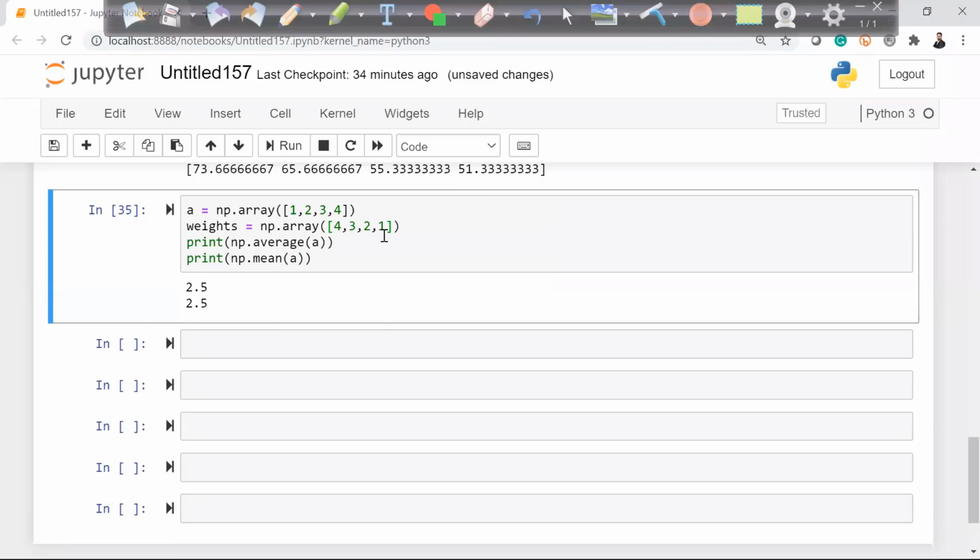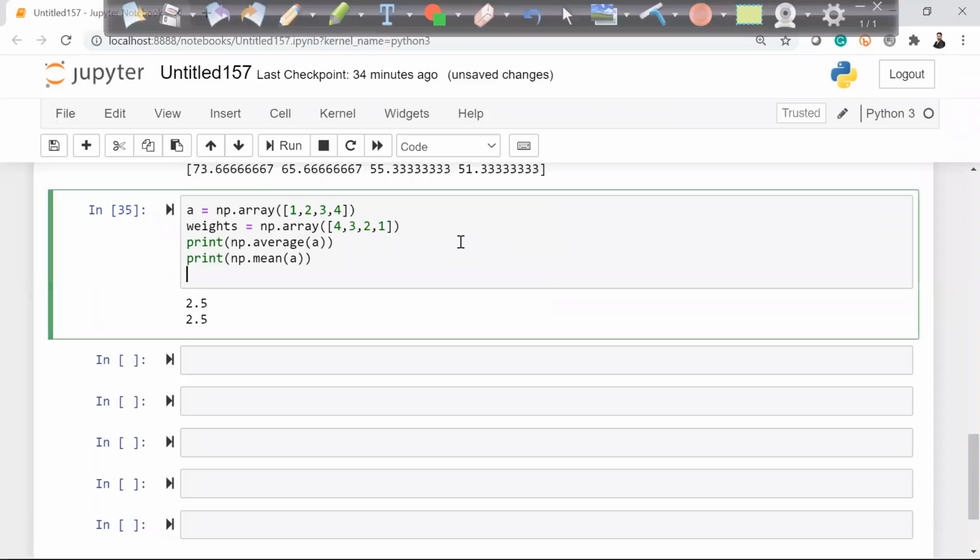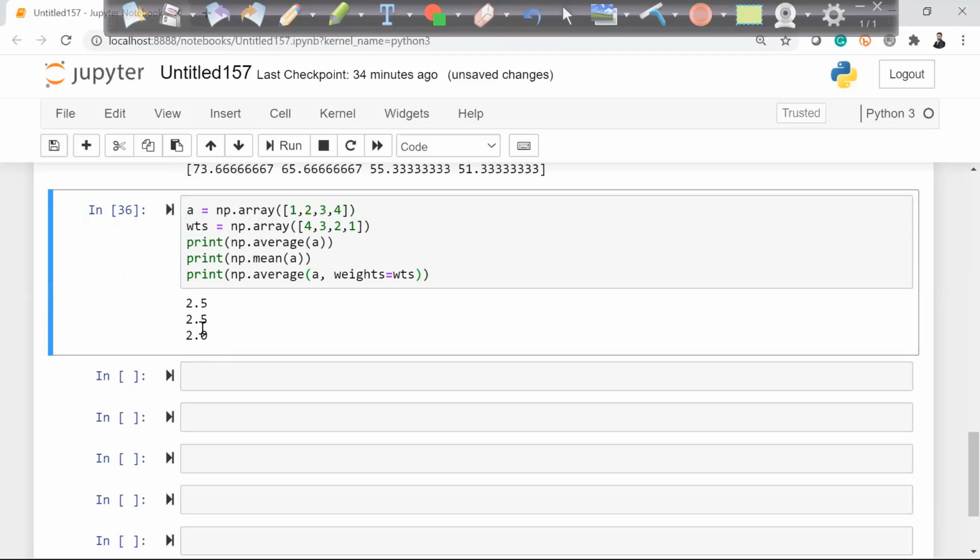Now when I take the average, I want to find the weighted average. np dot average comma a comma the weights, which are my weights, or you can give any name so that it will not be confusing. So wts, right? So weights are my wts, and the output which we are getting is 2.